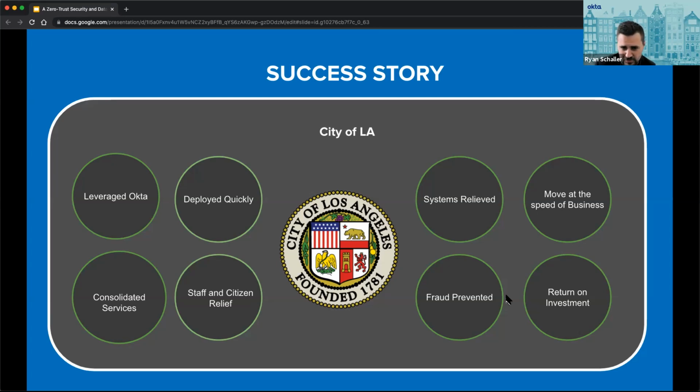Being able to consolidate services, when they had multiple departments or multiple entities that all would be centered around a citizen or resident's profile, was super important for them. And to be able to get these systems up quickly with the pandemic pressures, this was something that they were very much able to achieve by deploying systems like Okta. And then fraud prevented. Because they were able to have adaptive MFA, all of a sudden their staff was able to log in regardless of where they were. Not just the city of LA, but other counties have also expressed, hey, we need to get these systems up and running overnight.